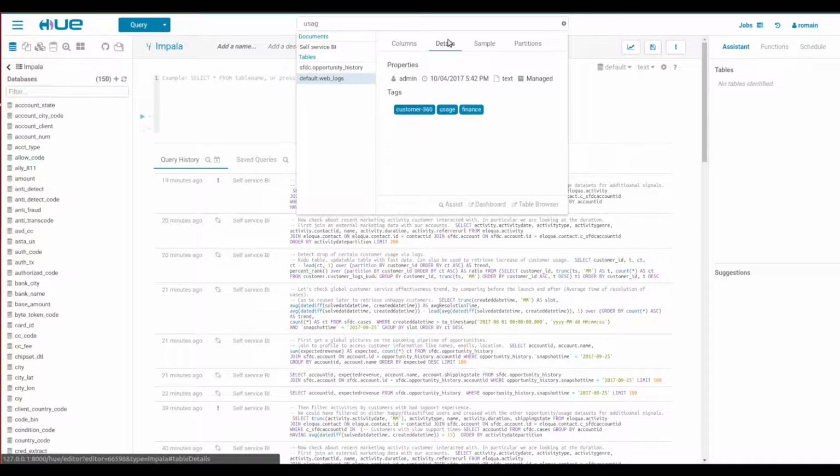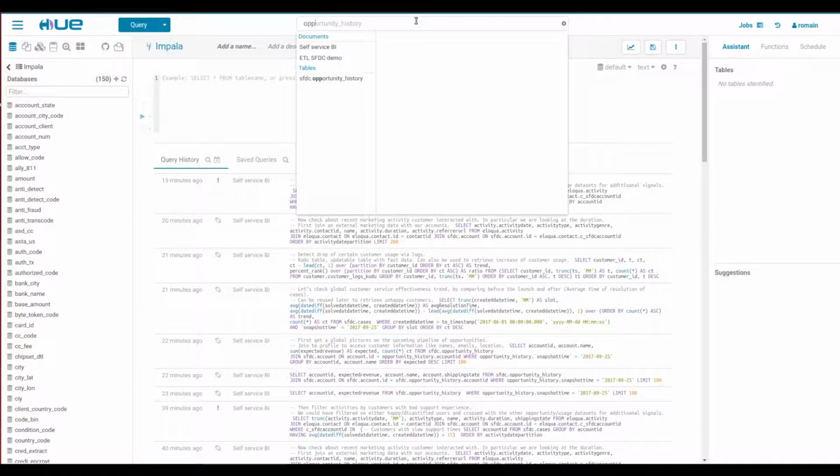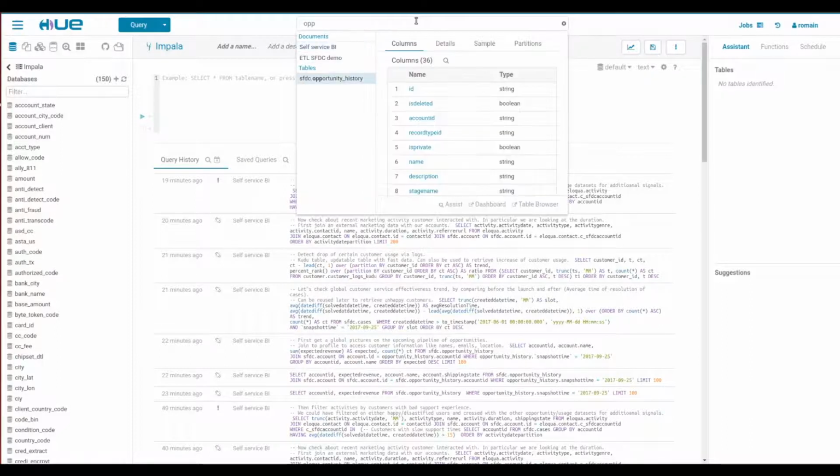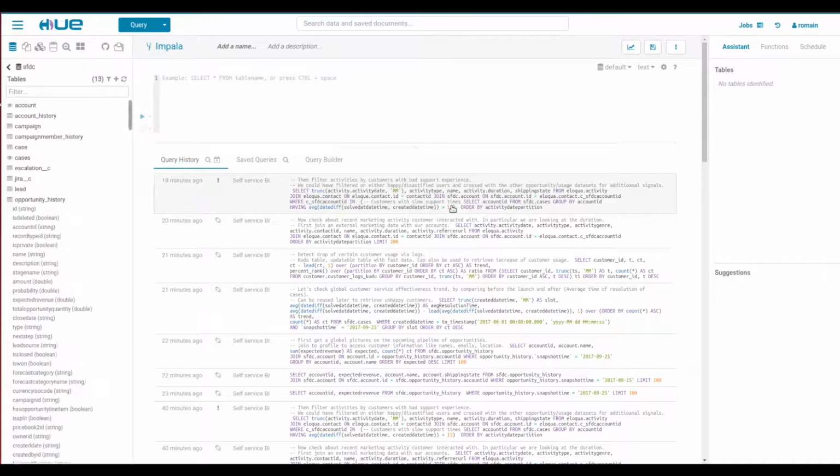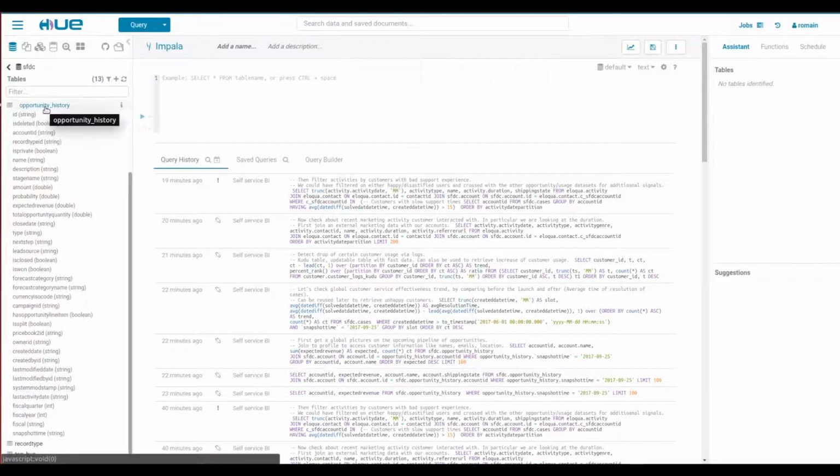So that's a quick and nice way to have more humane names and make it easy to search. Also support free text search. So here, all the tables matching, like opportunity, are being bubbled up. And in one click, I will just select my data sets. That will be here. Then I will be able to query.